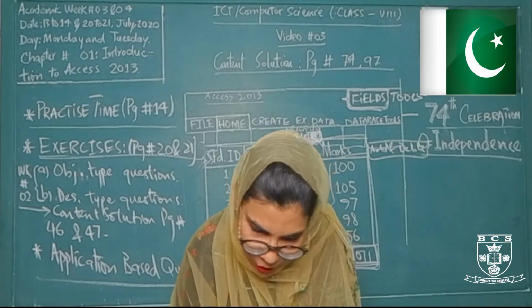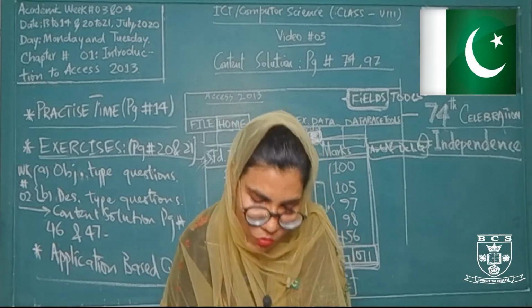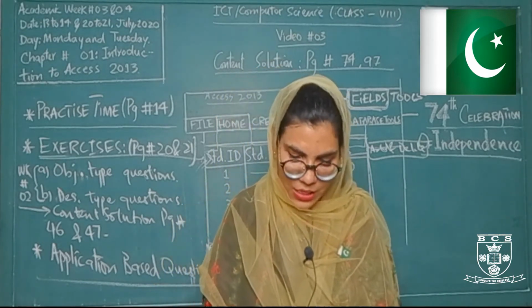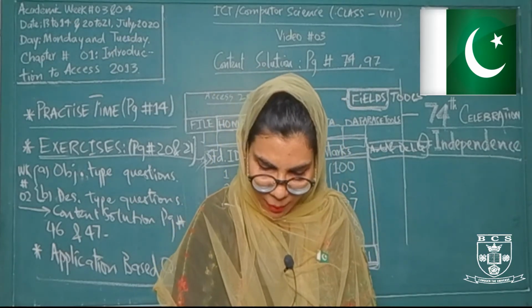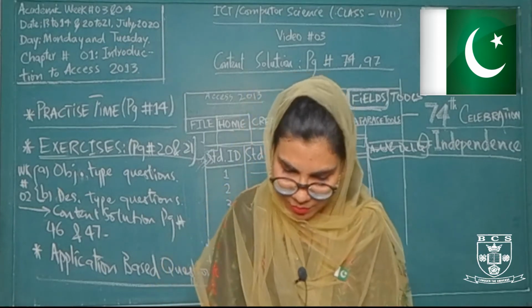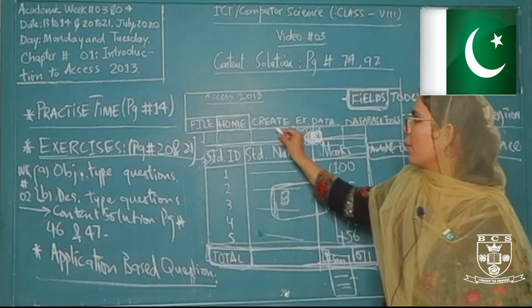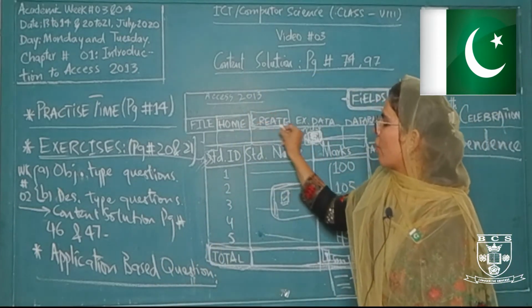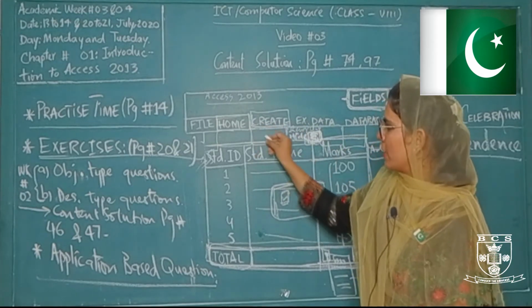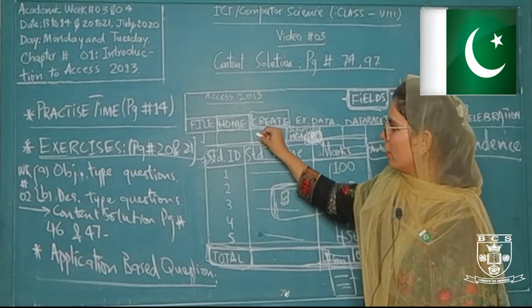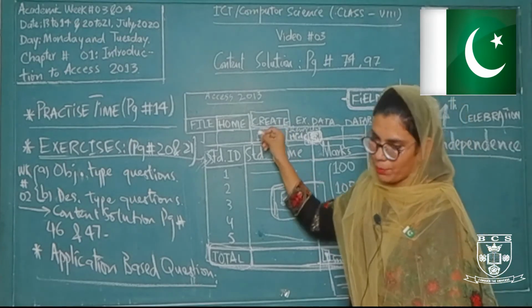So in step 1, we will open our database. In number 2, click the create tab. Under the tables group, click the table button. This is your create tab. Create tab पर हम firstly click करेंगे. After that, we will have a group of tables. Tables का हमारे पास एक group आएगा, उसमें हमें table button पर या create table button पर क्या करना है?